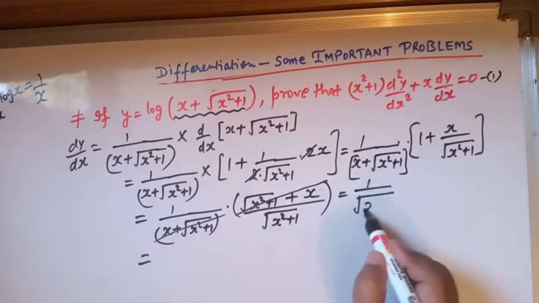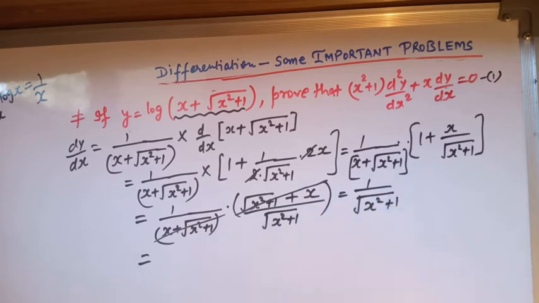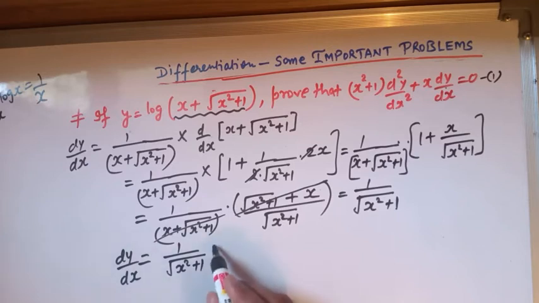over square root of x square plus 1. So dy over dx is equal to 1 over square root of x square plus 1. So this is equation number 2. Clear? Now viewers,